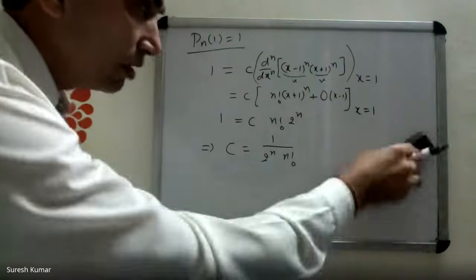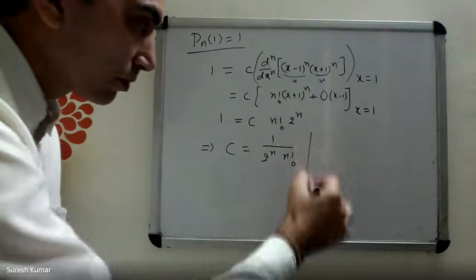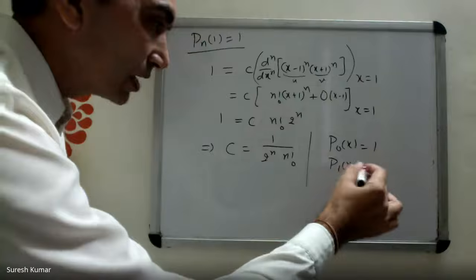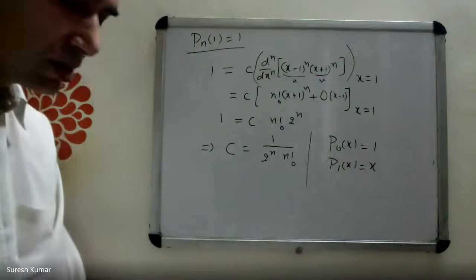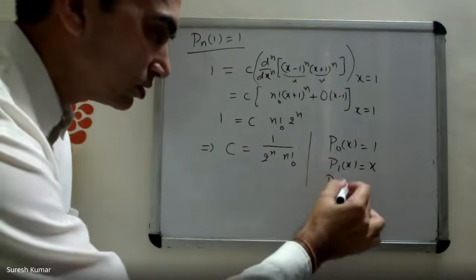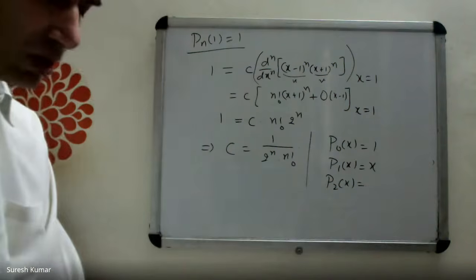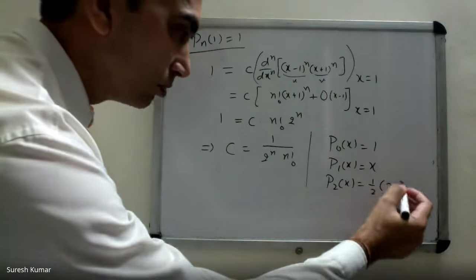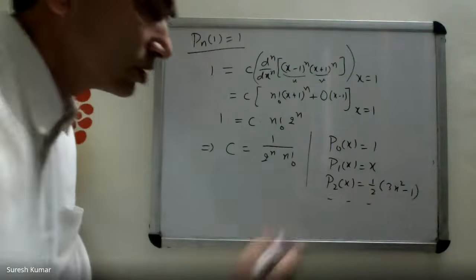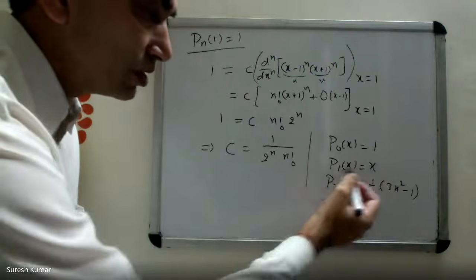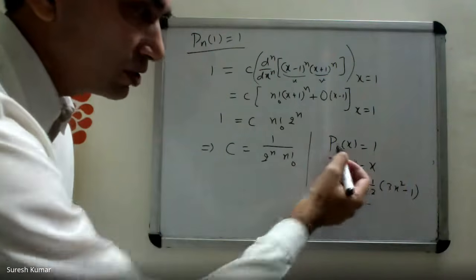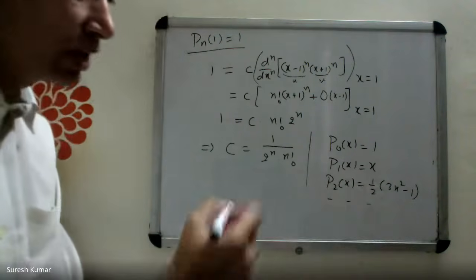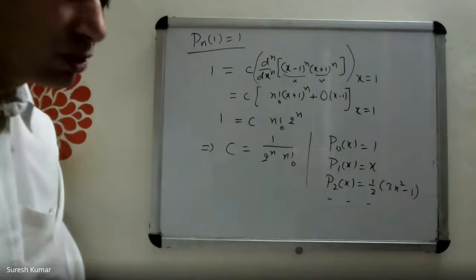So now you have Legendre polynomials. From this formula, P0(x) is 1, P1(x) is x. If possible, remember the first few Legendre polynomials. That may be useful in some calculations. P2(x) is 1 by 2 times (3x squared minus 1). Right, like this. So x is P1(x), the constant you can replace by P0(x), x square you can obtain in terms of P2(x). Likewise, you can obtain x cube in terms of a Legendre polynomial.